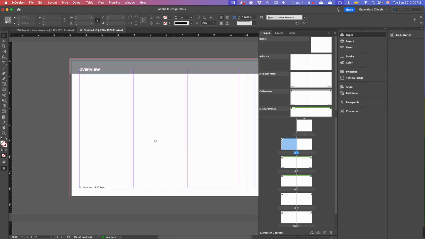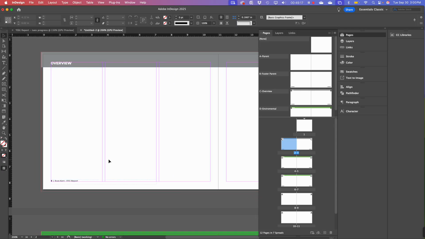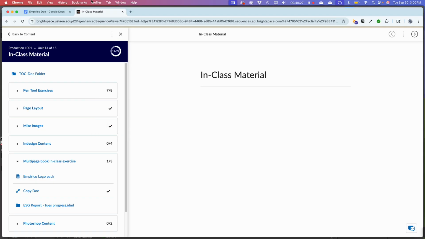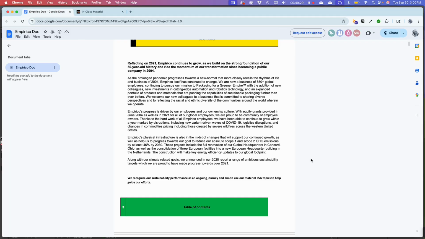Let's do something with type. So if we refer back to our Word document that we've got, our Empirico doc. Oh, I could have put a logo too on that footer page. I never thought of it. Maybe we'll go back and do that. But anyway,